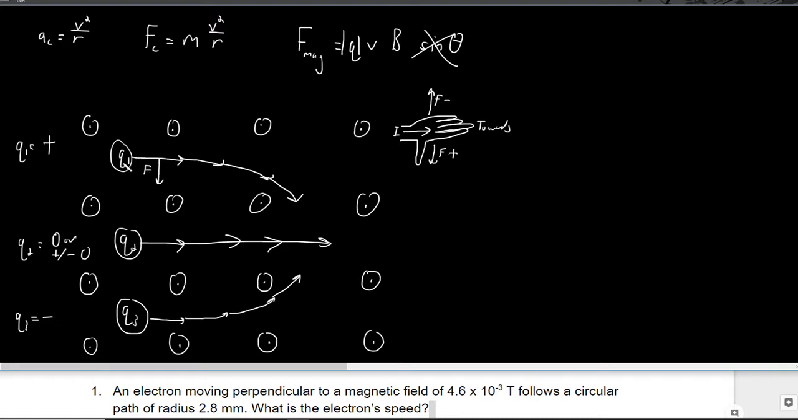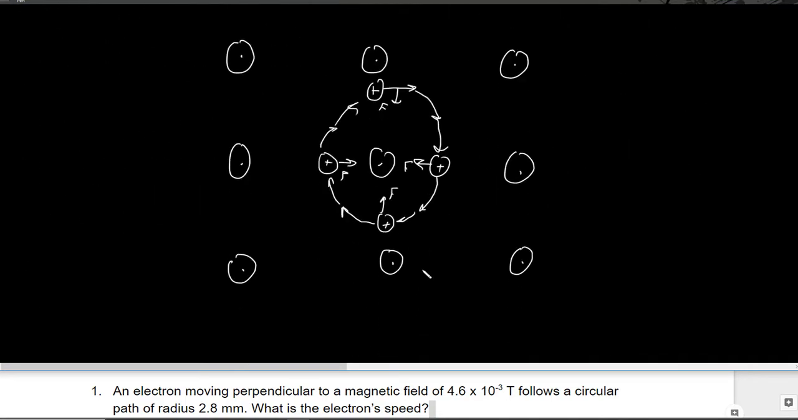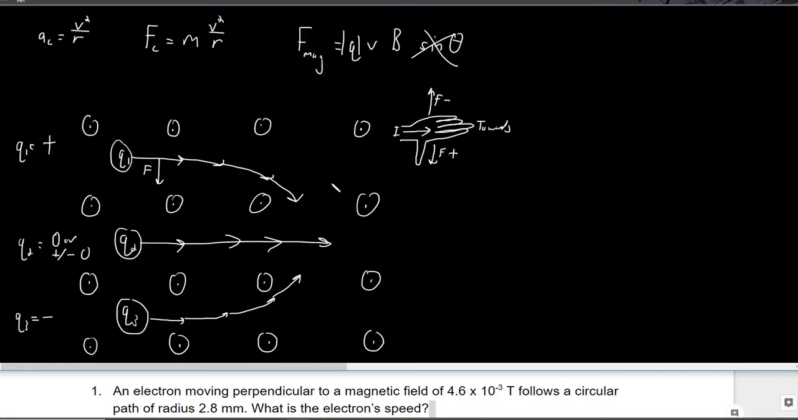Well, if we have a magnetic force that's causing my charge to move in this curved path here, sorry for all the flipping back and forth, that means my magnetic force will be equal to the centripetal force, okay? So now I can set these two equations equal to each other. So I'm going to start with the centripetal force one,